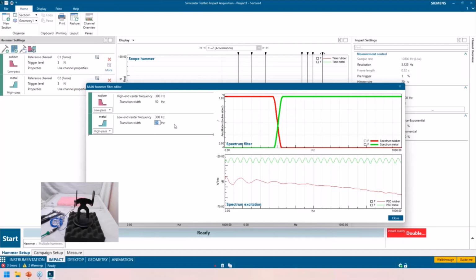The only thing that you cannot do is, if I were to have my frequency here at 500, you'll see that I have this gap here, Charles. Do you see this? Yeah, that's not good. No, it's not good because it's 0. So what would be happening is it would be multiplying all of our data here by 0 when it gets filtered, right? That's not good. And you'll also get an error that'll pop up that'll say you can't do this, because TestLab realizes that this is bad for your data.